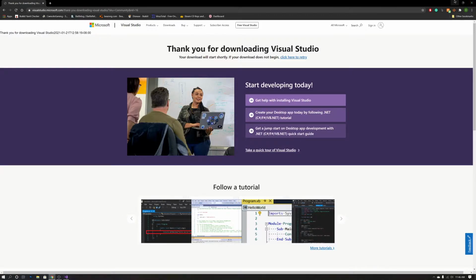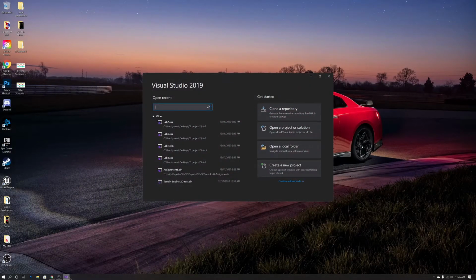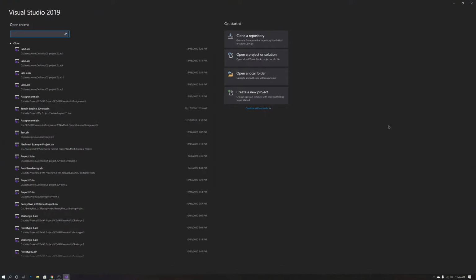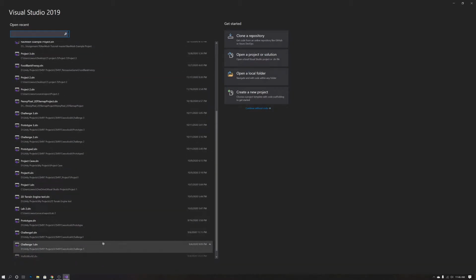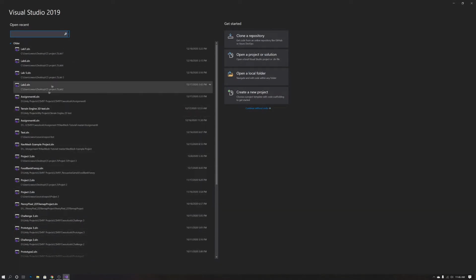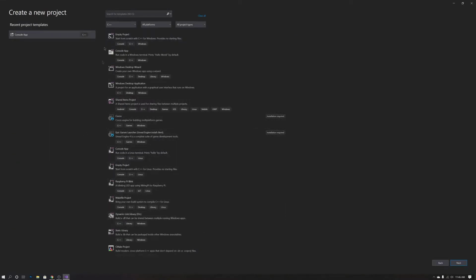So after that you will probably end up opening up Visual Studio, and it's going to look something like this. You're not going to have any projects here. These are my previous projects from school, so we're not going to worry about that. From there, you're going to create a new project. So once you have this screen and you're all done installing, pause the video if you're still installing it, and just come back when you're done installing and you have this screen in front of you. We're going to click Create New Project, and